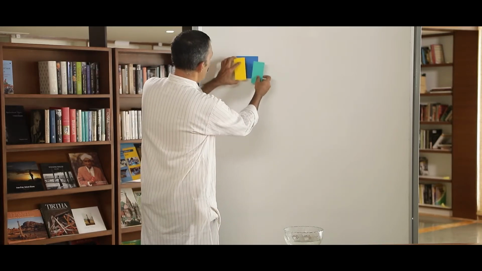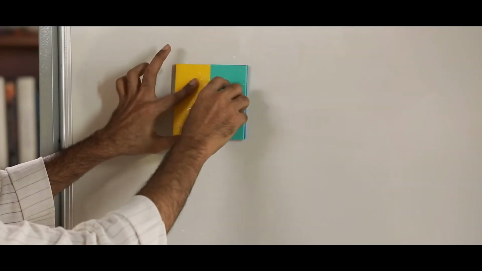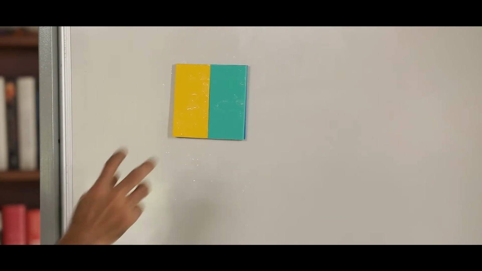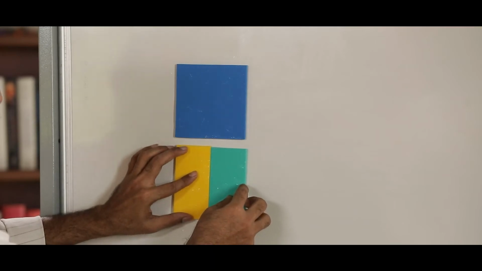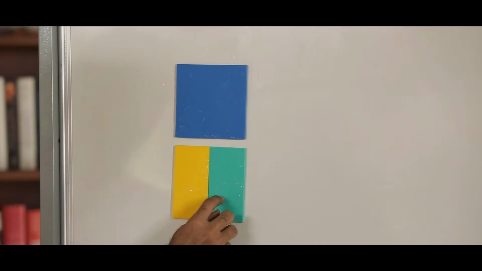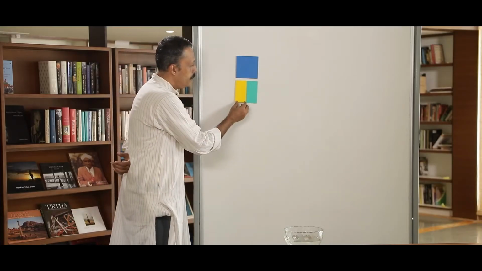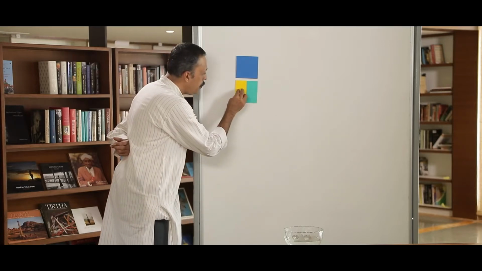But how can you believe that these two halves are from the same object? Let us place these two on this one. Is it a full part? Yes. This full object is divided into two equal parts. That is, how many equal divisions have we made? This one part and this is the second part.